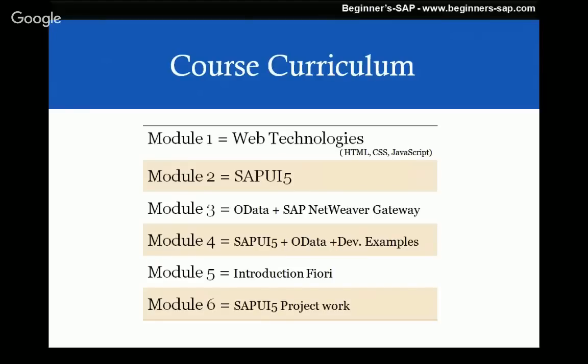Okay, so basically this course is built up into 6 modules. In the first module we are going to cover web technologies, where we will learn about HTML, CSS, and JavaScript, because most of us are from an ABAP background. When I started doing this, even I was very confused. I did not have any knowledge of web technologies. So I know everybody of you is struggling to understand what this is. Maybe some of you may already be aware of this, but this is where we will start with HTML, CSS,